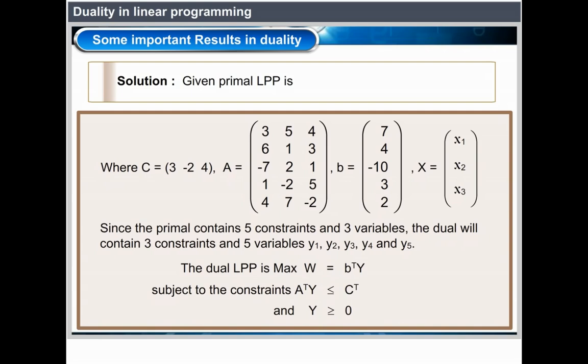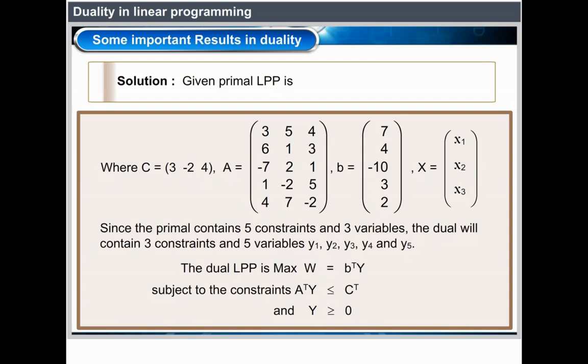B equal to 7, 4, minus 10, 3, 2. B is formed by the right hand side values of the constraints. X equal to x1, x2, x3. These are all the variables used here. Since the primal contains 5 constraints and 3 variables, the dual will contain 3 constraints and 5 variables, y1, y2,